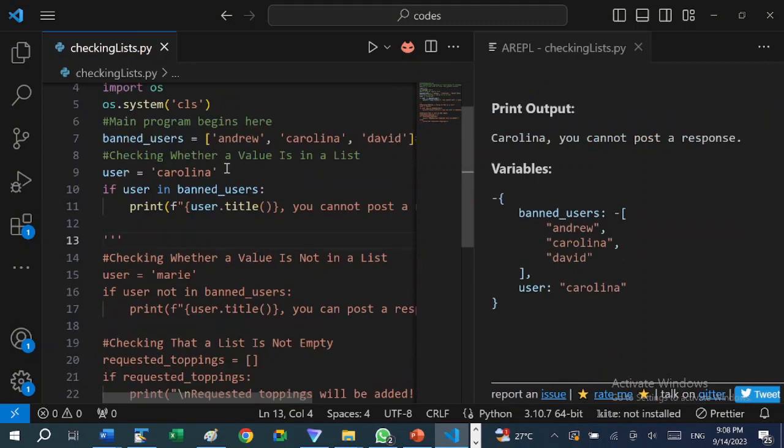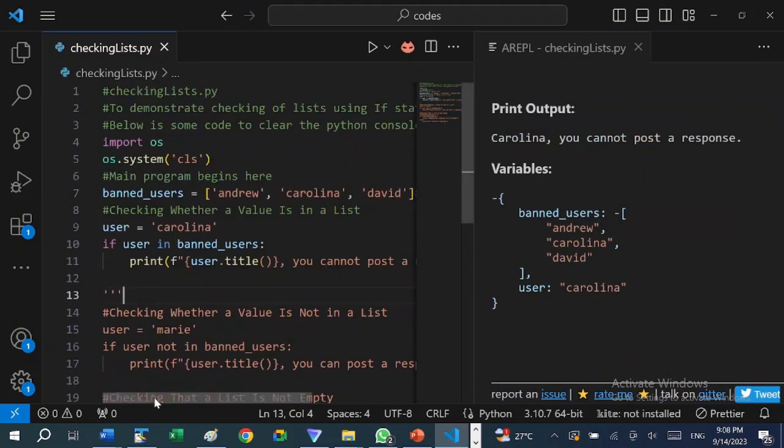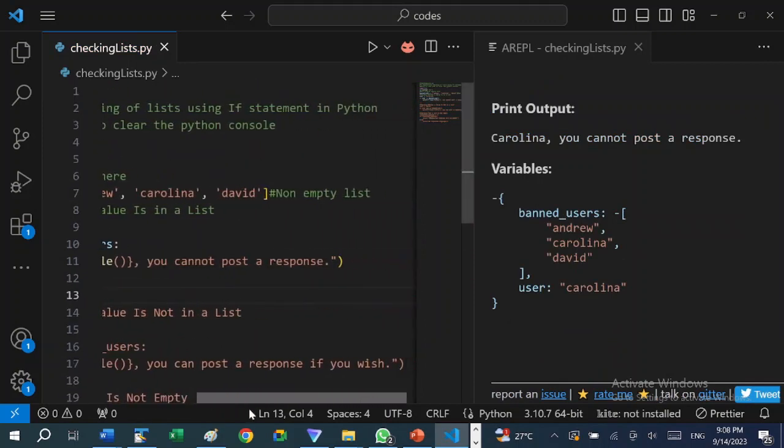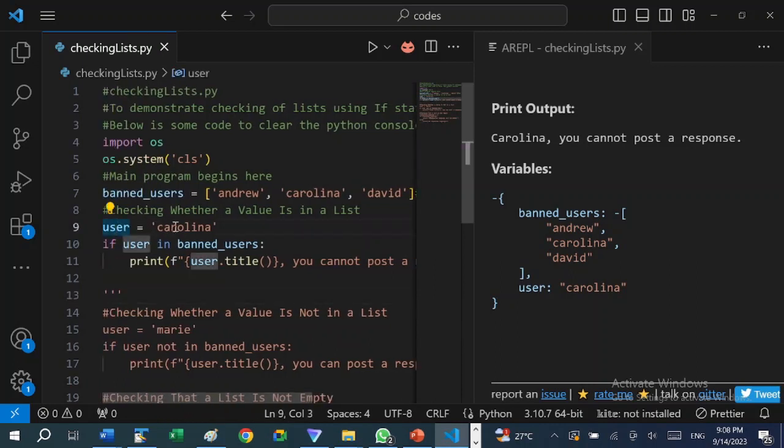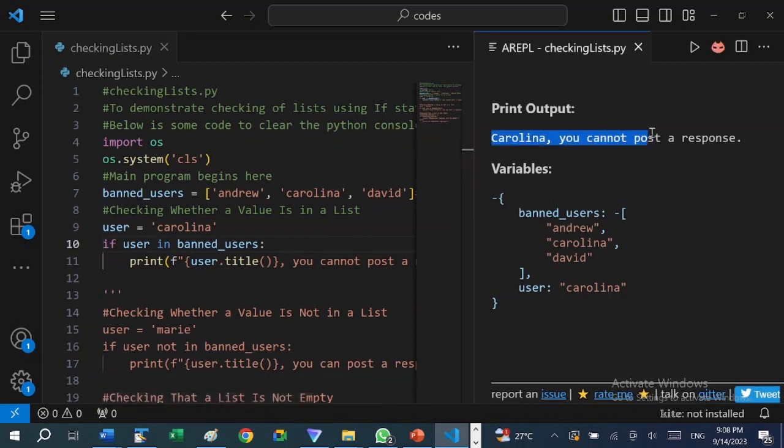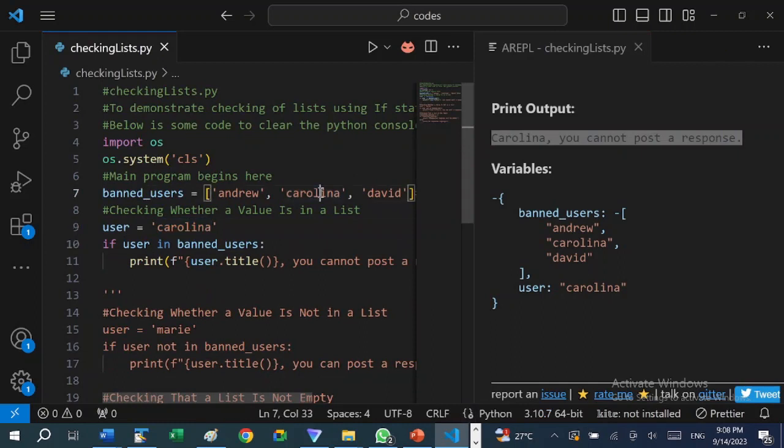So the first part, we created a list of banned users: Andrew, Carolina, David, and then we say user equal to Carolina. If user in banned users, print user.title, you cannot post a response, and this is the output we have here. Carolina, you cannot post a response. Why? Because Carolina is in the list of banned users.